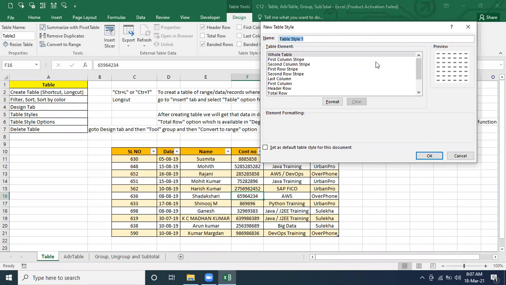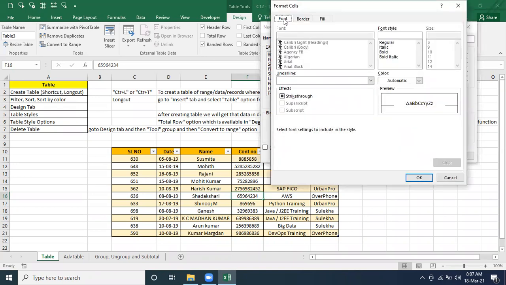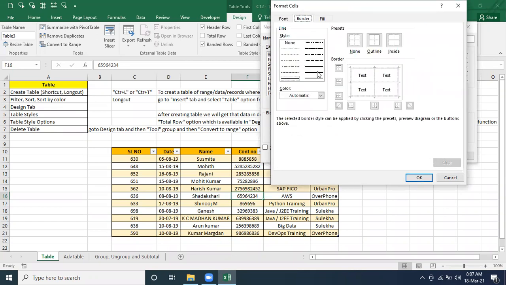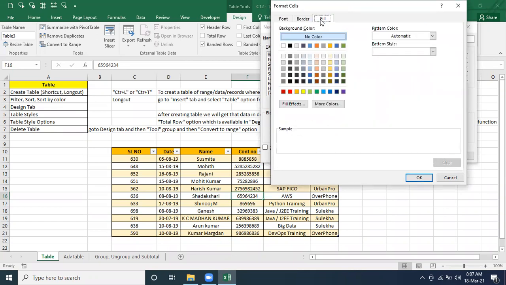So for the whole table, what background color you want, you have to do that for the whole table. You have to do the property for cell property, like it should be bold, it should be italic, what size it should be, whether it should be with underline, what font color it should be. All those things we have to specify, border related and color related, all of that is there, correct?